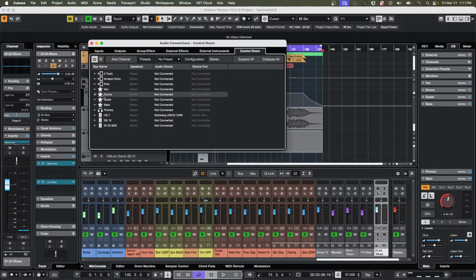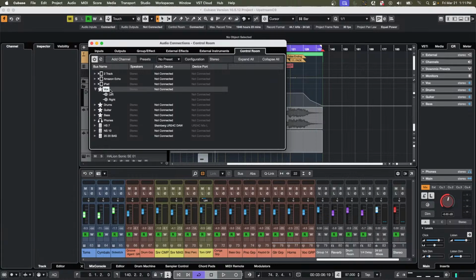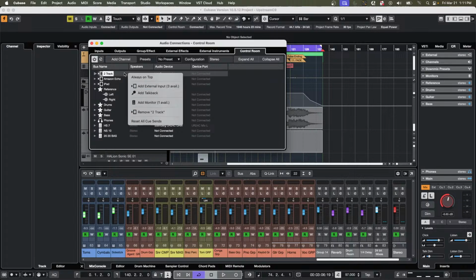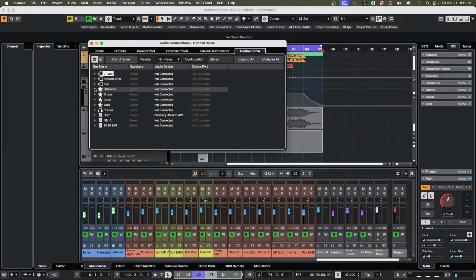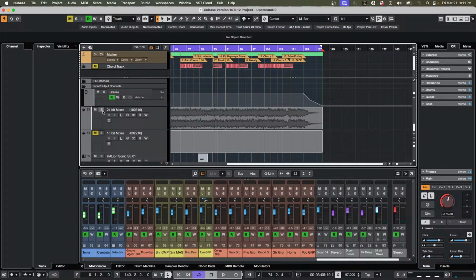We're going to add a Q mix, and we could just call this reference if we want. So you right click and add a Q mix. When we have that done, let's say we have our mix down track here. So if we solo this,